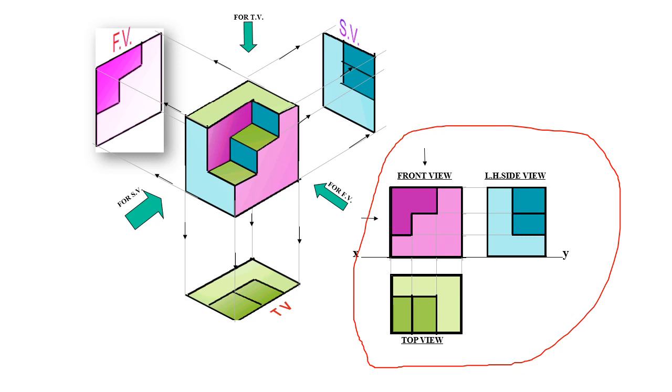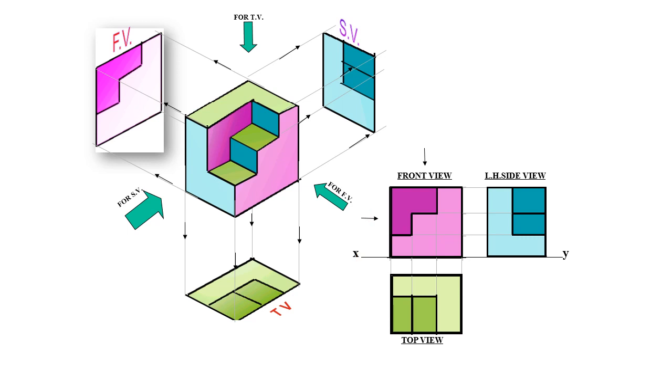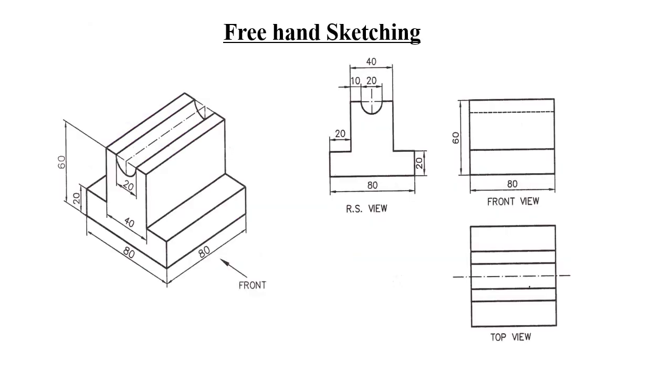This is one of the simplest topics. All you have to do is look into the object and see which edges are visible and which are invisible. If they are invisible or hidden, as you know, you have to show that with a discontinuous line. We will see with some examples. Now this is tutorial 12 in your syllabus. So I will get into the first example.